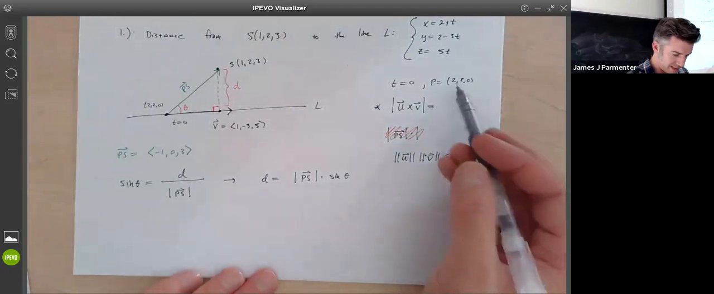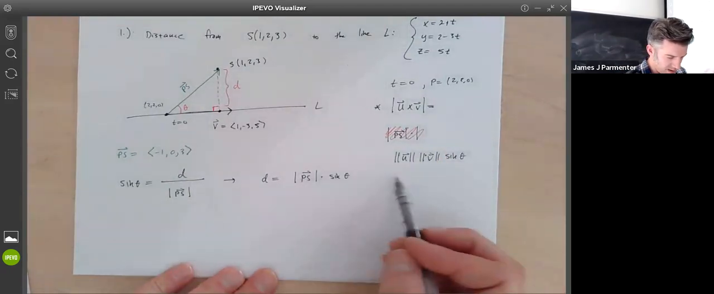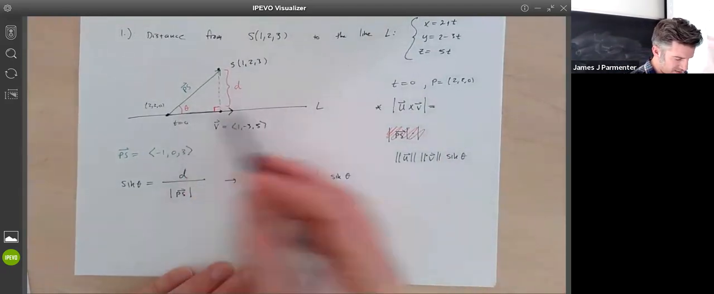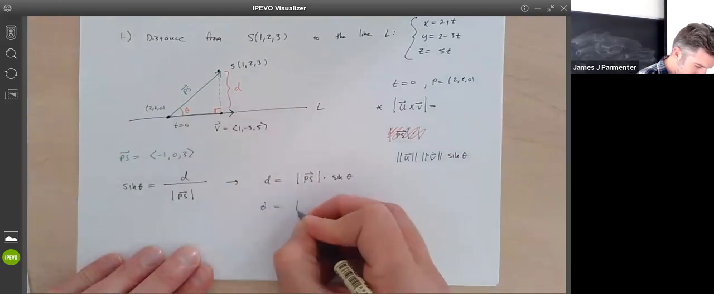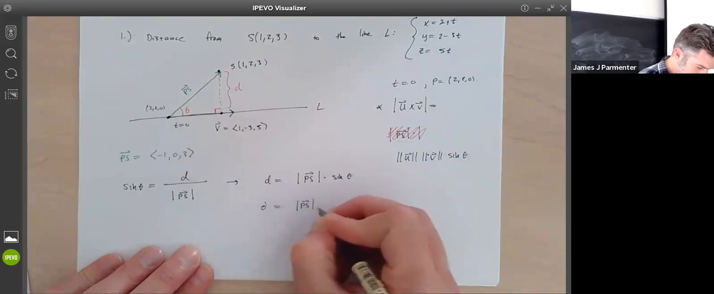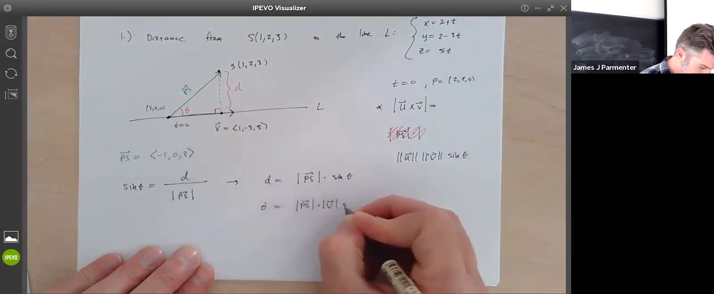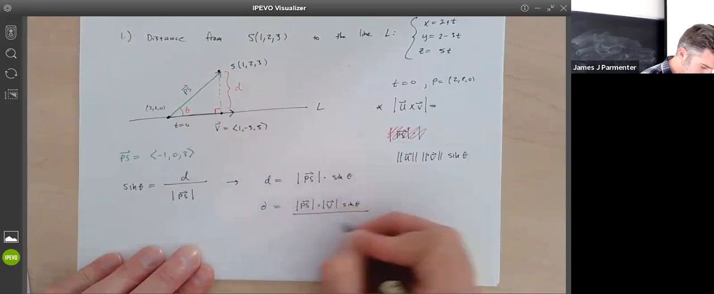So I see almost what I want. I need the other vector in there. So what I'm going to do is multiply this by the magnitude of V. But you can't just multiply by the magnitude of V, I also have to divide by